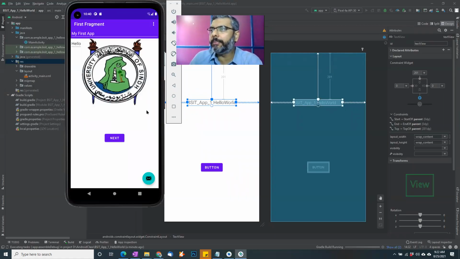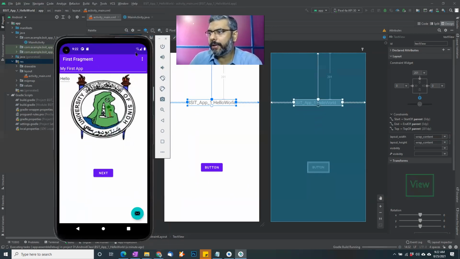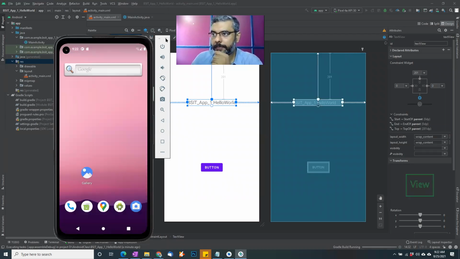Now, somehow it ran my old application. I think I don't want this app. Or is it still loading? Okay. I think, hang on. I need to do one more thing.